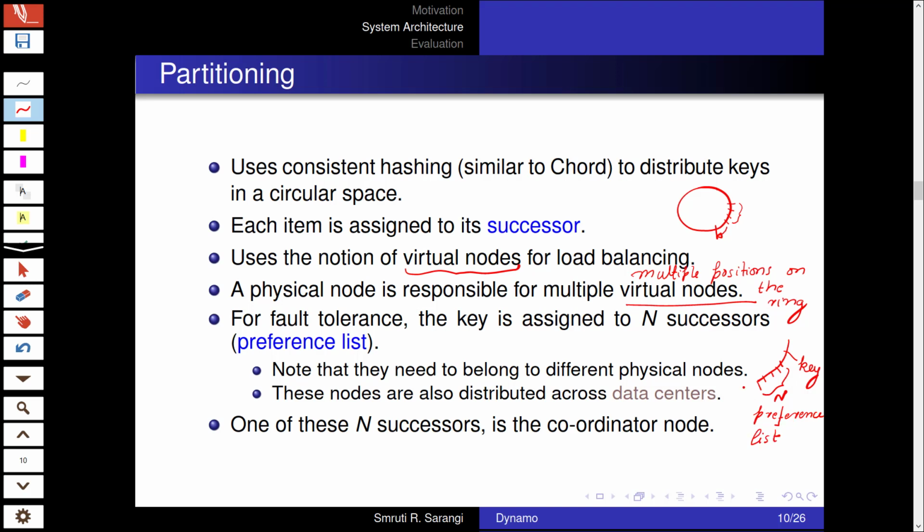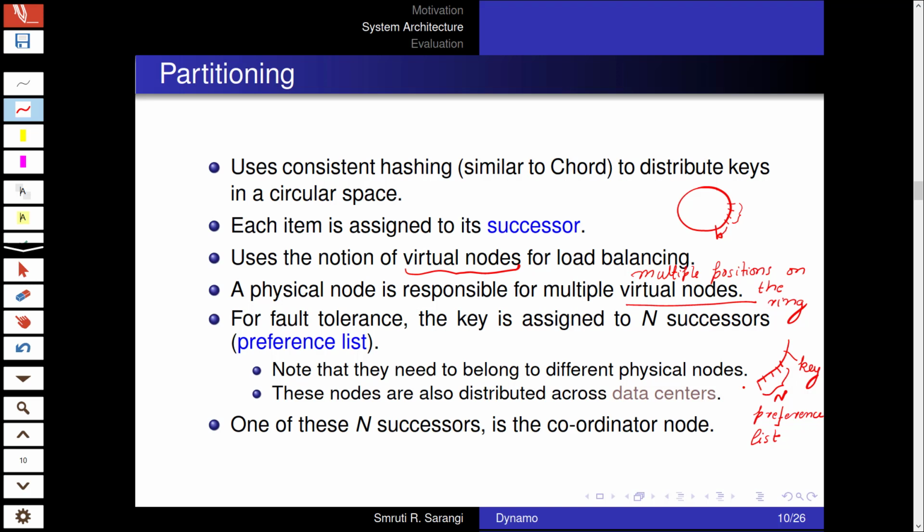So in this case there is a degree of redundancy in our system where n successors all have the key and the value, such that if any one of them is down, then of course the other ones can supply the data.